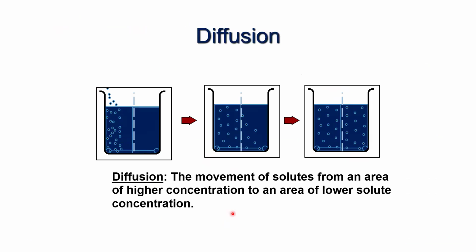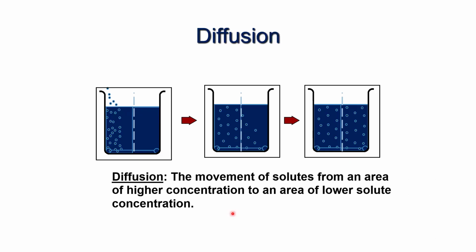Now, the different types of CRRT depend on what's actually going on in terms of fluid or particle movement. The two real processes in which fluid and particles move through the blood are called diffusion and convection. So first I'll talk about diffusion. What is diffusion? Diffusion is the movement of solutes from an area of higher concentration to an area of lower